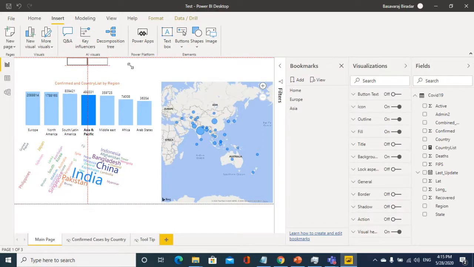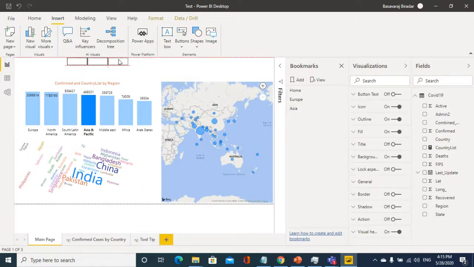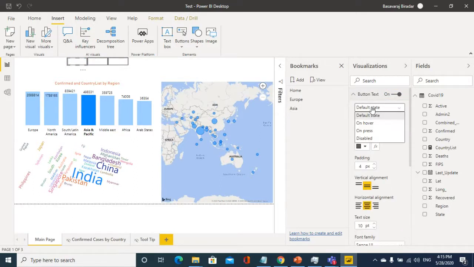I'm copying this. So I created multiple menu options. Select one and give for the button the text. Like for example, I'll give that button name as home. Next again, this one I'll give name as Europe. And for this one, I'll give name as